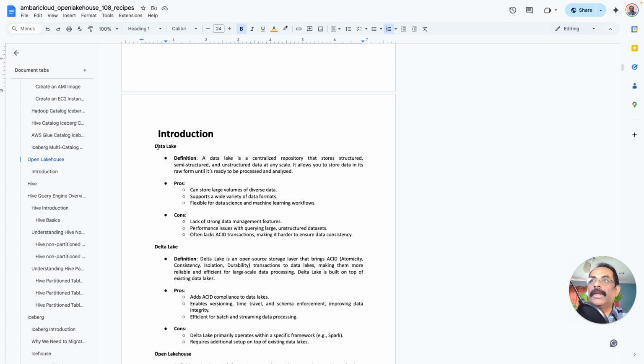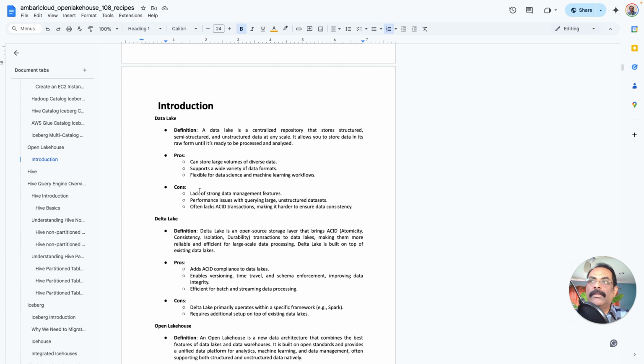You can put any variety of data. It can store large volume of diverse data, supports wide variety of data formats, and is flexible for data science and machine learning, and a lot of batch processing. What is missing is strong data management features. Governance and ACID features, concurrency, consistency, and then